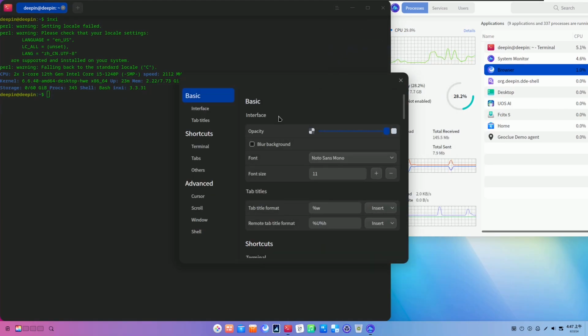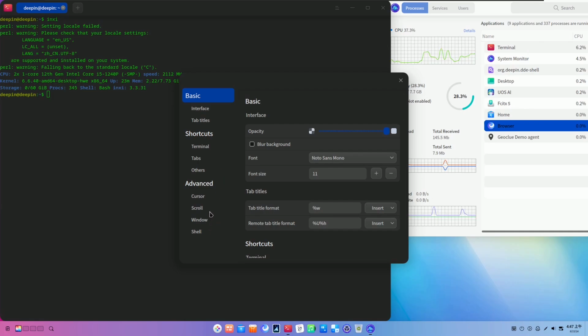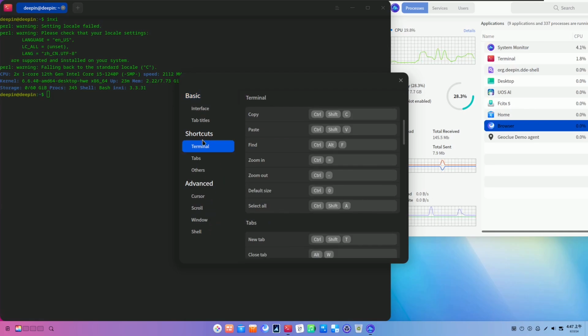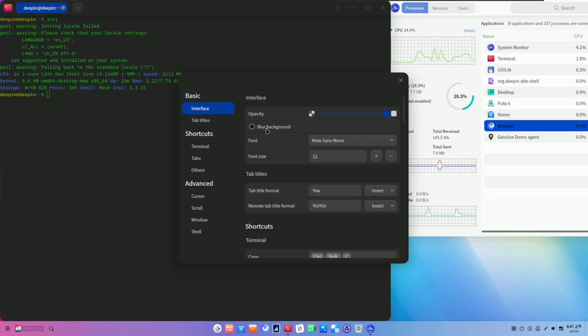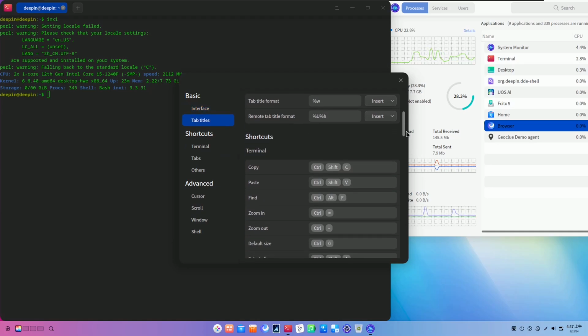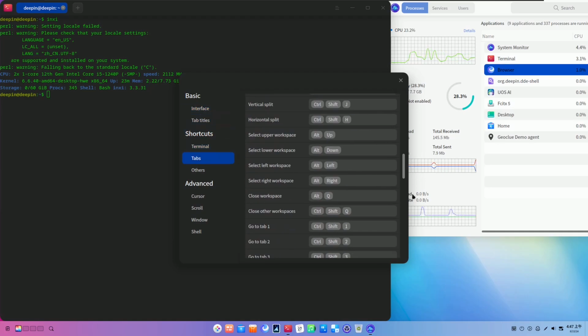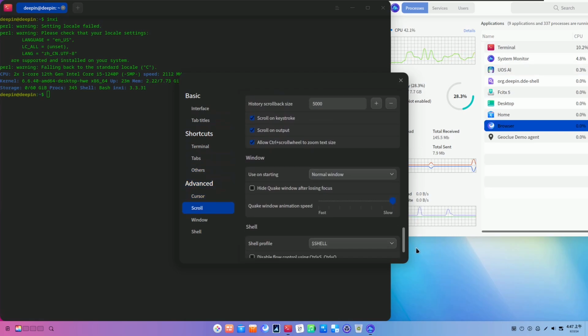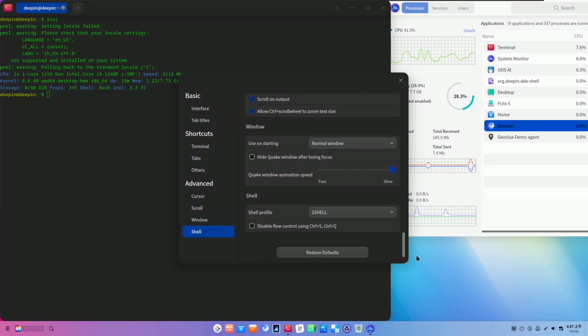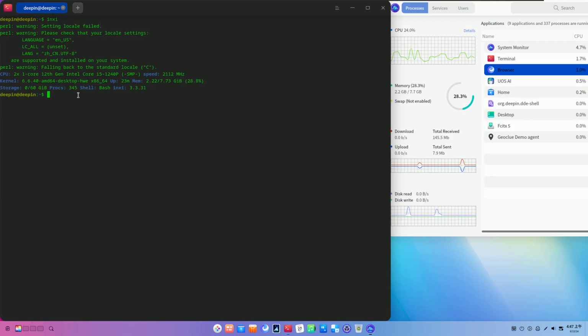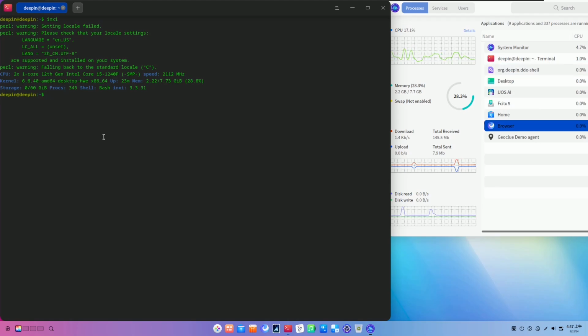Let's go to the settings. So it's clearly different here. Let's go with the terminal. I think interface, blur background. Let's check the colors here. Terminal, cursors, shell. So I'm going to keep this thing like that. I hope you can see everything right here. So let's try the INXI